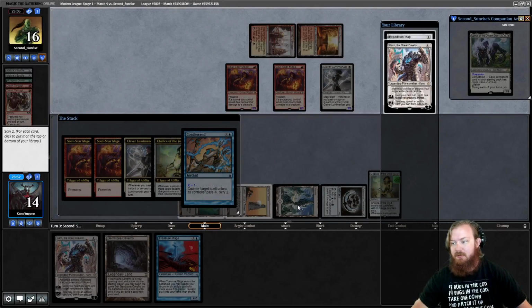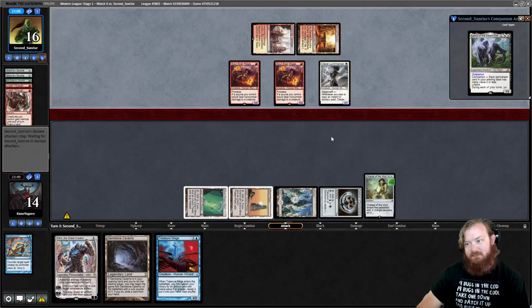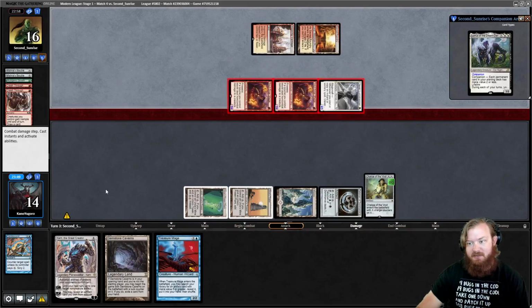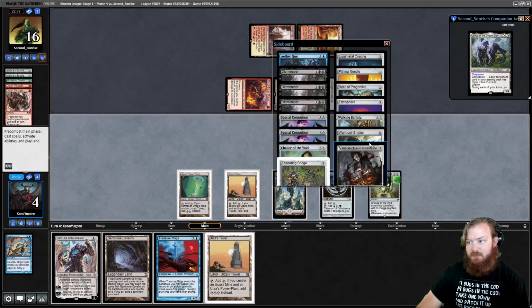There's a map. I can't play the map. So map to the bottom, Karn to the bottom. Alright. Prowess triggers all around. I think I need to draw mine and get Ensnaring Bridge to really have a chance. Okay, another tower. I can wish for a 1-drop. Pithing Needle. Play